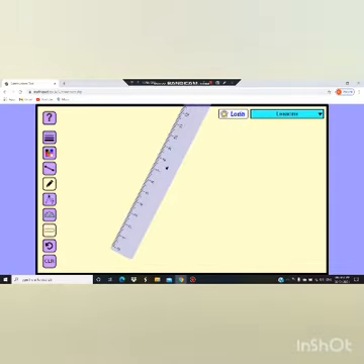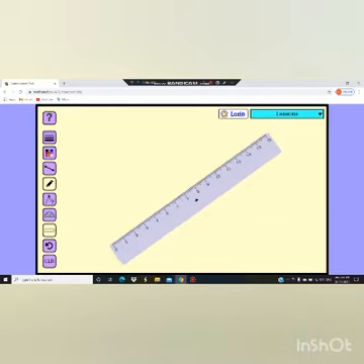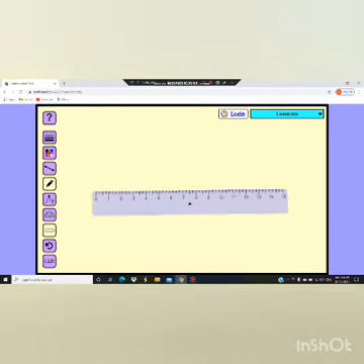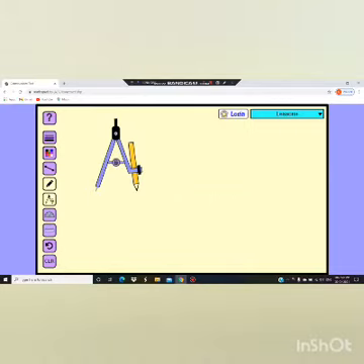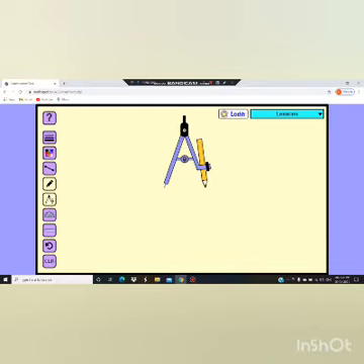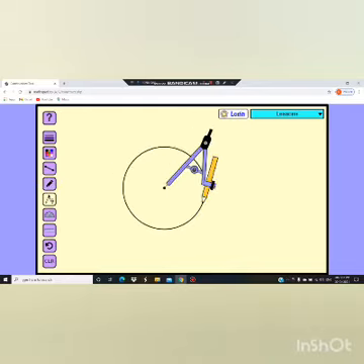So, take a scale. Take a rounder. Keep the pointer on 0. And radius is given as 3.3 centimeter. So in a rounder, take a distance of 3.3 centimeter. Okay. Now with that, we have to draw one circle, and the circle center name it as O.